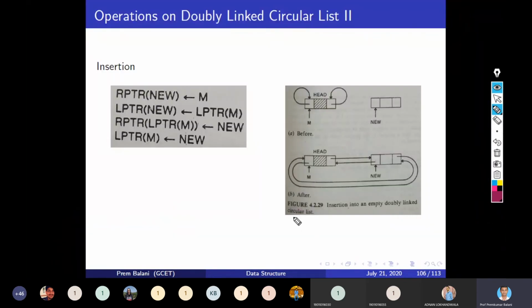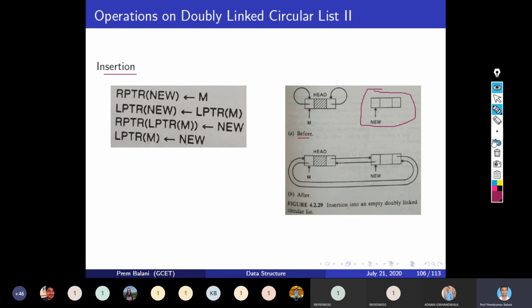So here you can see this is the state before the insertion operation, and I want to insert into the doubly linked circular list. This is the new node which I want to insert, and this is the doubly linked circular list, and right now there are no nodes in it.